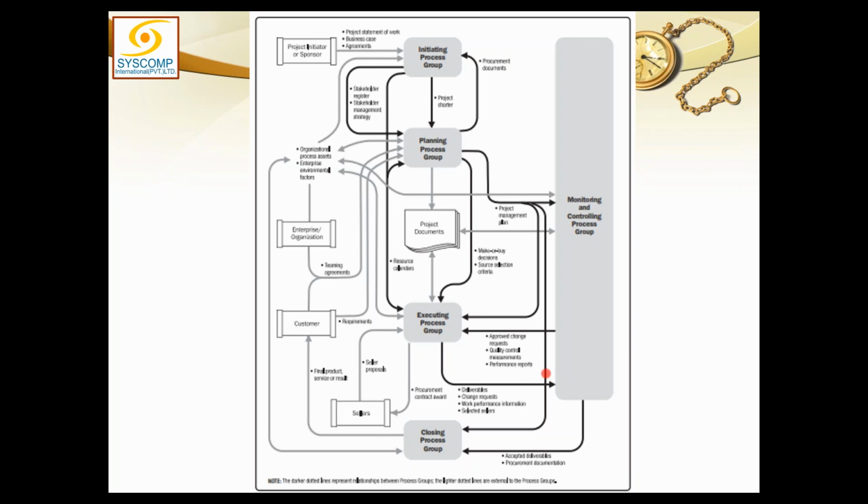Now let us discuss what quality control does in monitoring and control. Quality control is responsible for inspecting the deliverables. If there is something wrong with the deliverable, there must be something wrong with the process. That is one of the reasons why all the quality control measurements carried out in quality control are sent back to execution. This gives ears and eyes to the execution, or to the quality assurance, who would then know that this kind of error is occurring in the product.